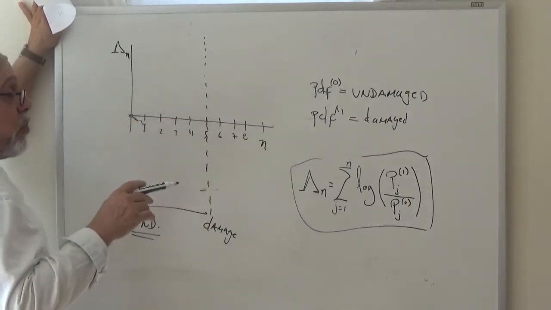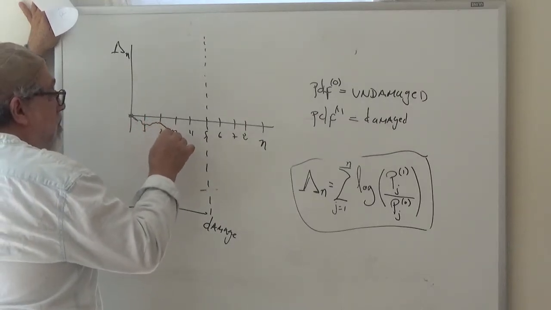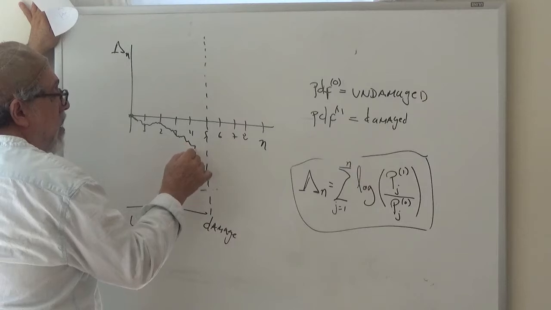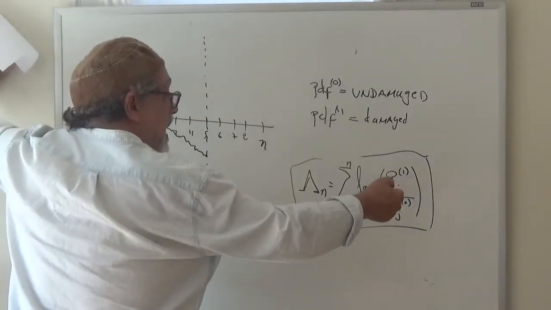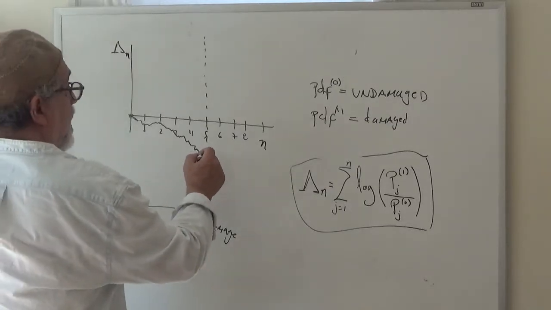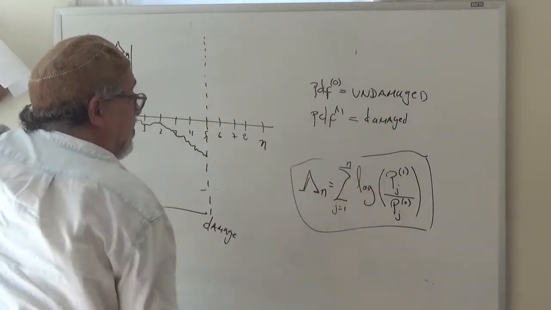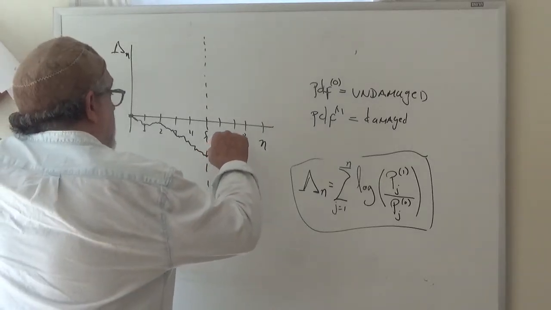Now in reality, of course, this is a random process, so sometimes it goes up and then it goes down, but basically you see some sort of a trend of this thing decreasing, right? Because you're undamaged and your denominators are generally larger than your numerators in your probability likelihood ratio test, right? As soon as you get beyond this point, this now is the opposite in the sum, and so you tend to detect that this thing starts going up,